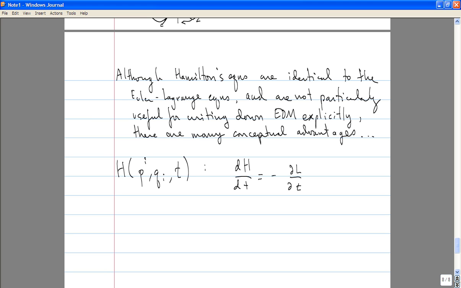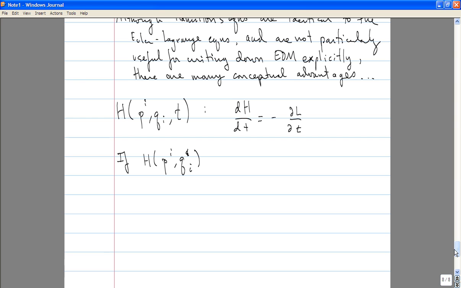Here, let's work this out a little more explicitly. So, for example, if the Hamiltonian has no explicit dependence on time, then let's compute the total time derivative of the Hamiltonian. So obviously the partial time derivative of the Hamiltonian vanishes because it has no explicit dependence on time. And what is the total time derivative? Well, it's the sum of two terms. So P and Q depend on time explicitly. And so we have dH by dP times Q dot plus dH by dQ times P dot,